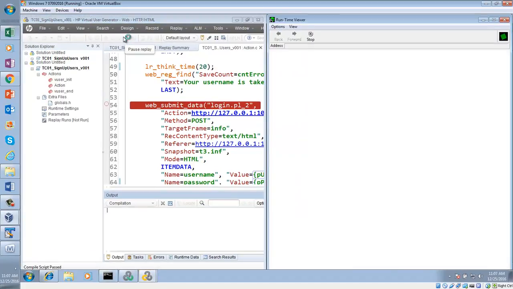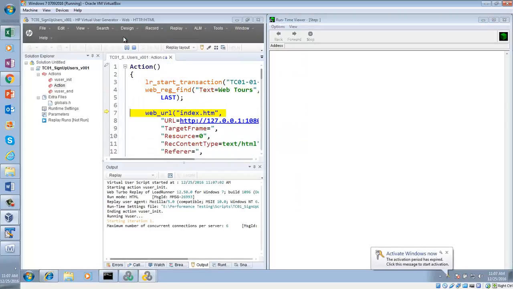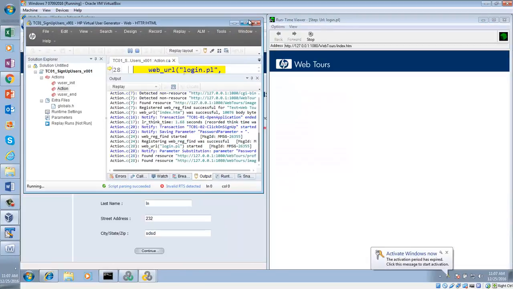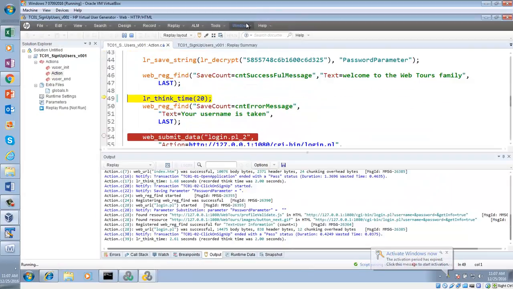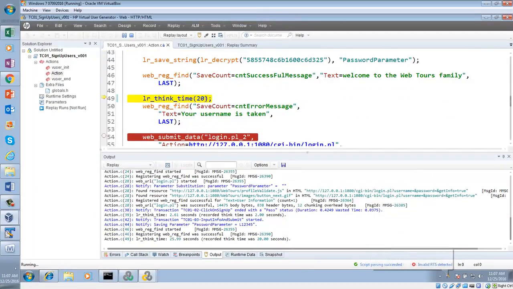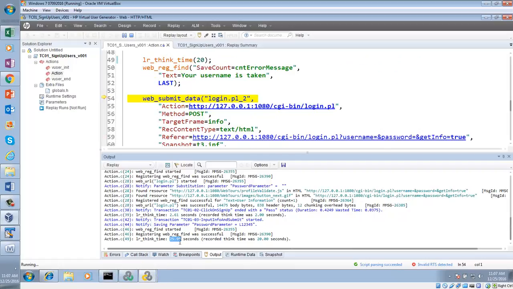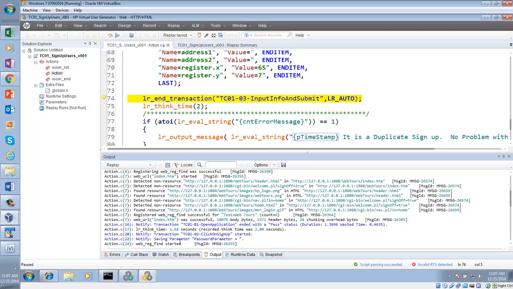Yeah, your name is not matching. Now take a look here. So we are in that 20-second think time. Can you see we have a 20-second think time, but it is going for a think time of 25.99. What is the reason? There is more time. I have a think time in line number 49, 20 seconds, but it is taking a think time of 25.99. That means it is taking more time. Why?